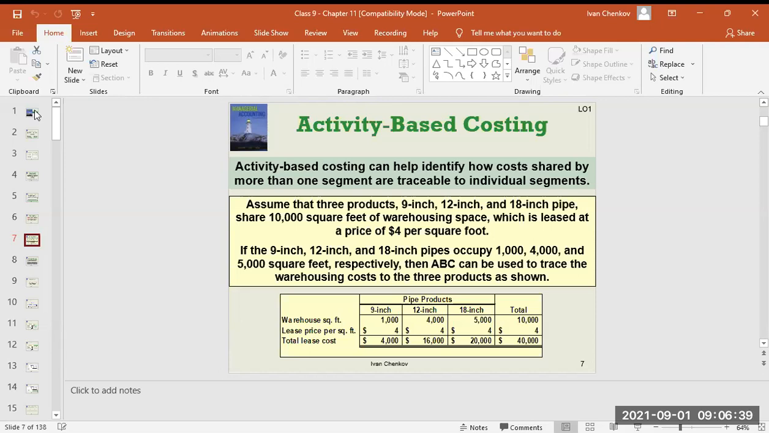Now, in this case, let's assume that there are 3 products, 9 inches, 12 inches, and 18 inches of pipe, which share a 10,000 square feet warehouse, which is leased at a price of $4 per square foot. So how are we going to allocate the $40,000 cost of the rent